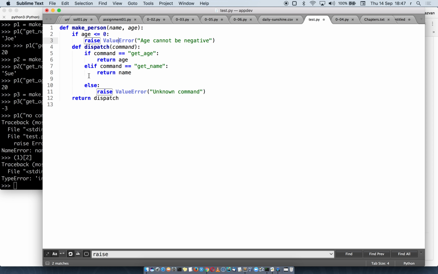Okay? So let's add another command. And let's say we have set age. We want to change the age. So the name maybe doesn't change. We don't allow the name to change, but we want to allow the age to change because people keep getting older, right? And what do we want? We want the age to be older. We never want the age to be younger. Okay. So if command is set age,